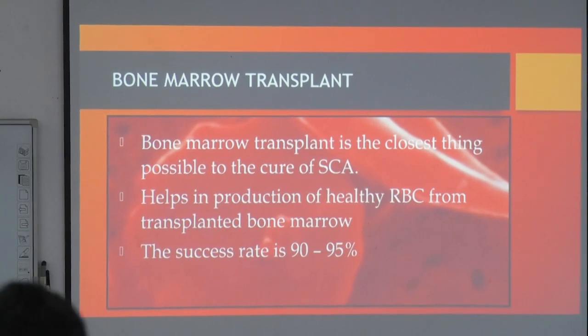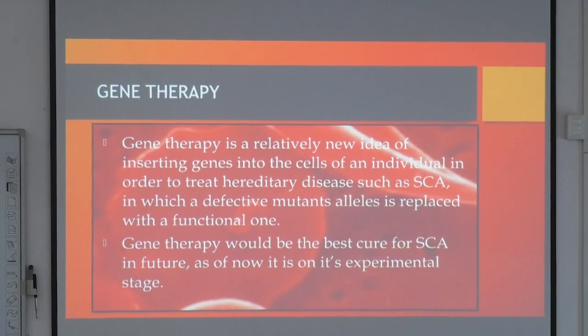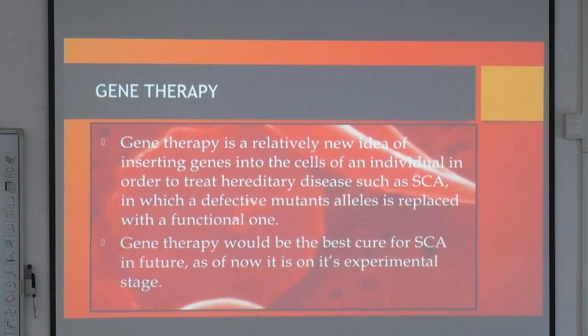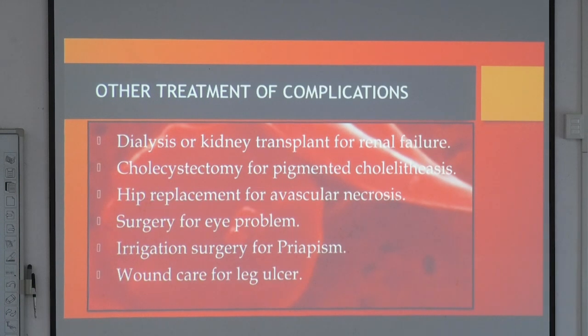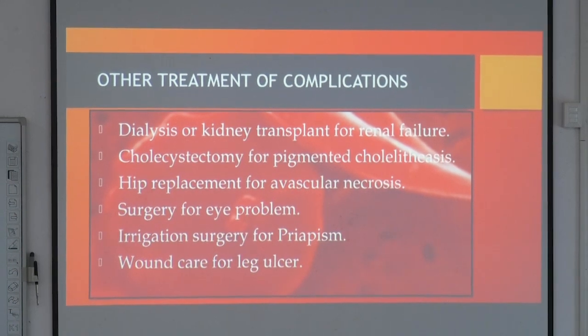It helps in production of healthy RBC from transplanted bone marrow. Gene therapy is very expensive, not frequently done in most of the centers. Defective mutants have been replaced by the new functionally competent variant of hemoglobin. Other treatment of complications: surgery for the eye problem, irrigation surgery for priapism, wound care for the leg ulcer,